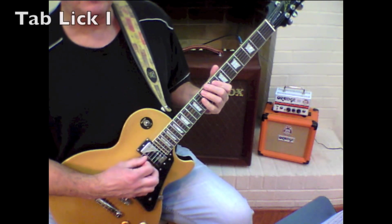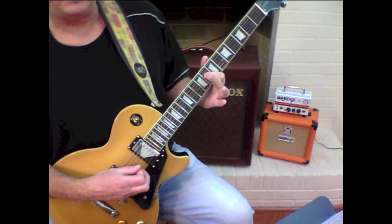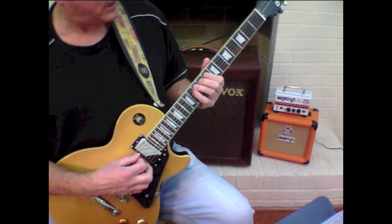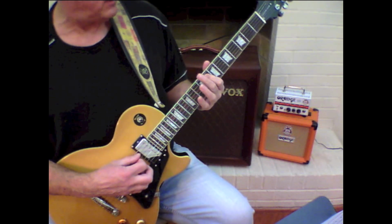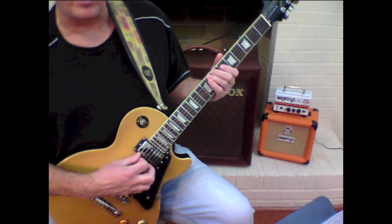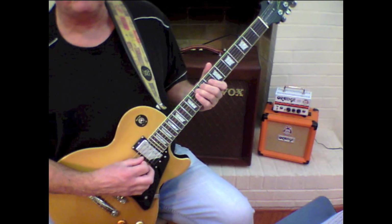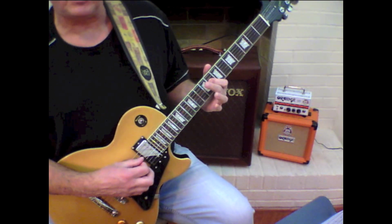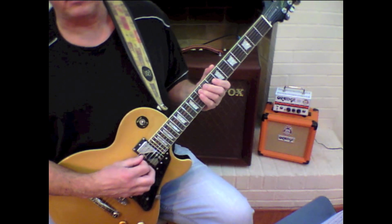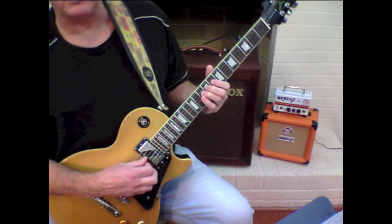then to section I, we're going to hammer on from 8 to 10 on the A string, 8th fret on the D, twice on the 10th fret of the A, and then we're going to slide using the first finger from 8 to 6, then 8th fret of the low E, 6th fret, 8th fret, then we're going to slide up to 10 on the A, then 3 times 8th fret on the D string, then 10th fret of the A, 8th fret of the D, 10th fret twice on the D,